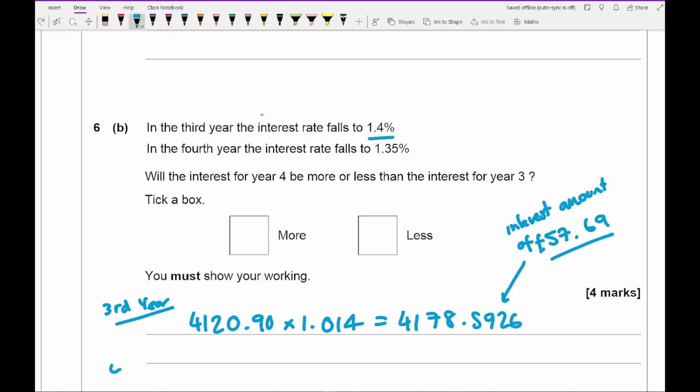So then for the fourth year, the new amount is 4178.5926. I'm using the exact values, not rounding, multiplied by 1.0135. And I get an answer of, and actually we do that in a different colour. So I get